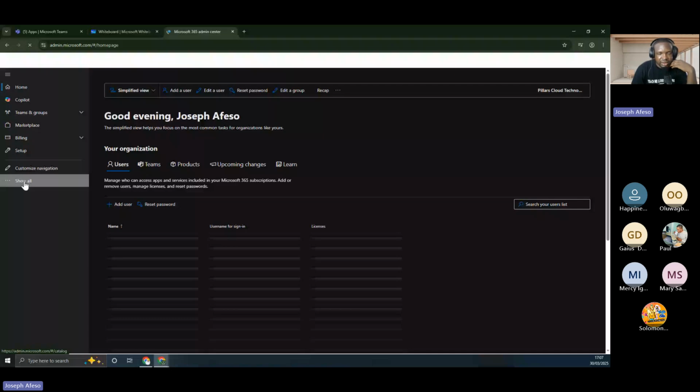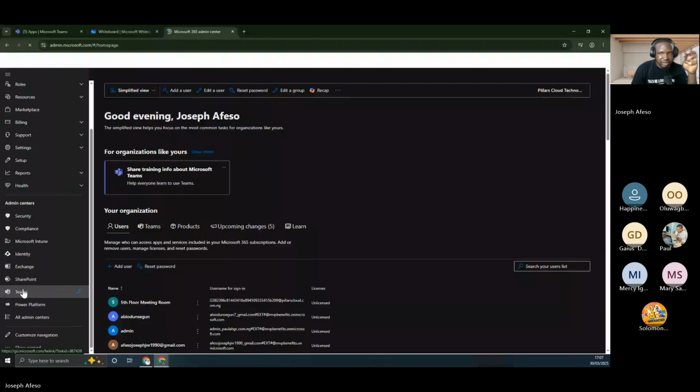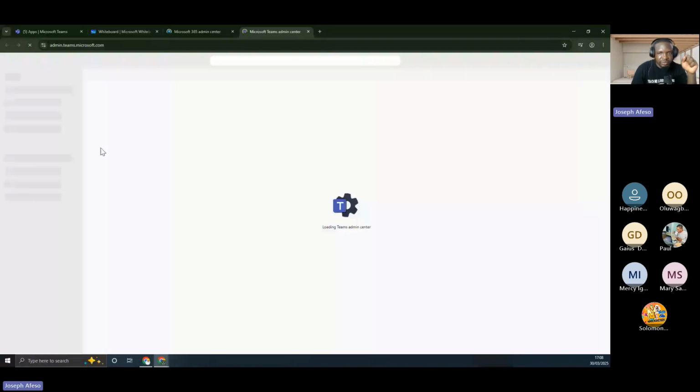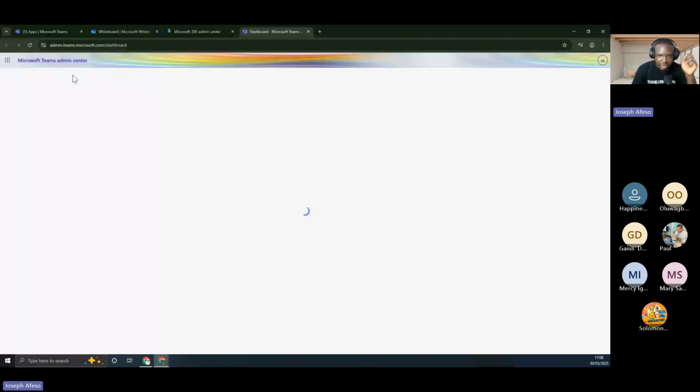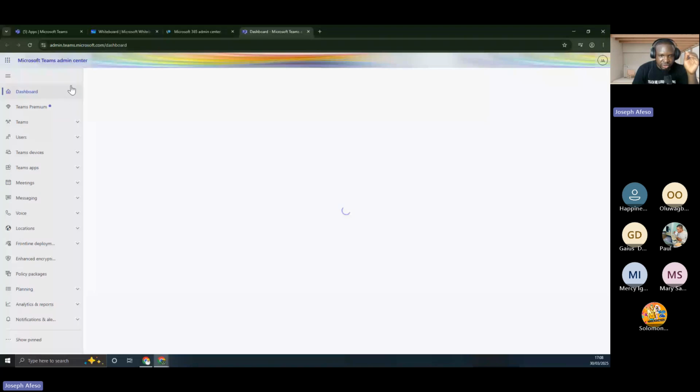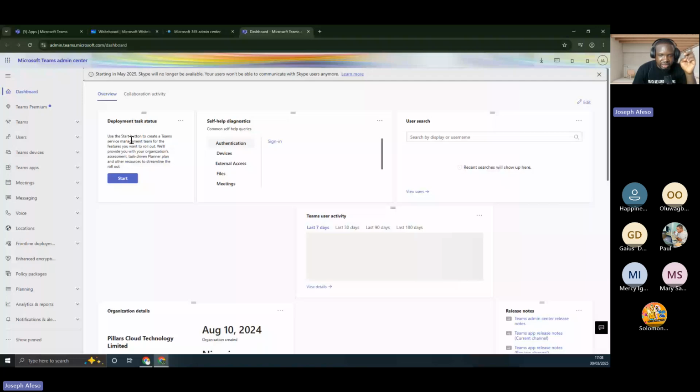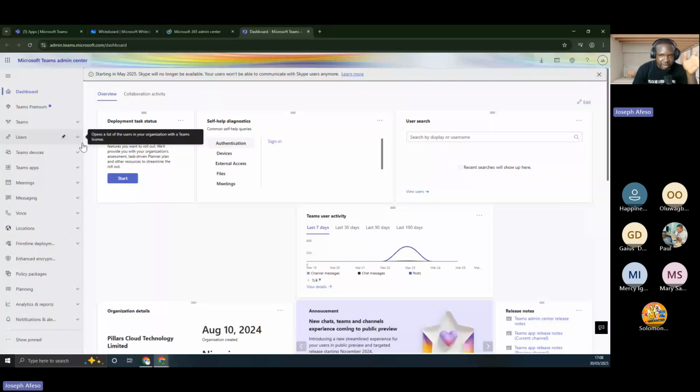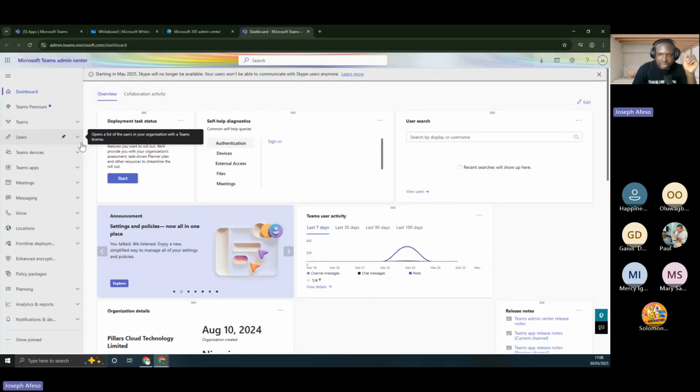The Teams admin center can also be accessed by typing admin.teams.microsoft.com, right? So this is what we have here. In my experience, I've always mentioned this: the Teams admin center is the slowest among all the admin centers, even though everything still depends on your internet connection. If I were simultaneously opening the Teams admin center and any other admin center, the Teams admin center will lag behind a bit more than any other admin center that I know of. I'm sharing my own personal experience, right? So this is how it seems.